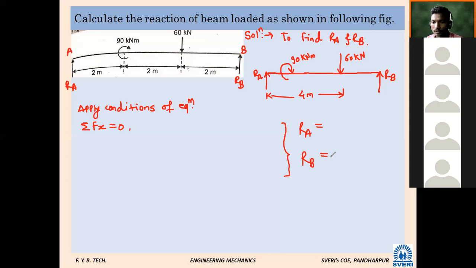Those who have completed, just tell me you have completed. I will ask randomly. Very simple problem. Let me check. Such a problem will be there in the exam. Yes, roll number 15. What is your first equation? Summation of x is equal to 0. Not over, sir. Still not over.